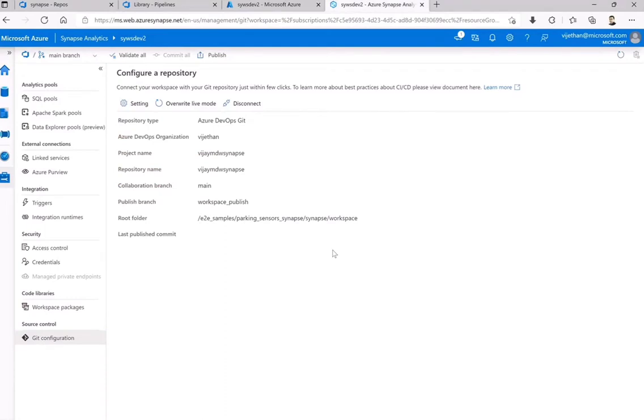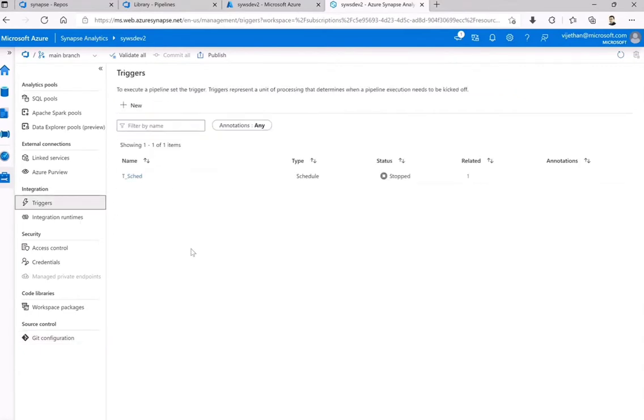But this is not sufficient for me to actually create the ARM template. So what should I do for creating the ARM template? Now, for creating an ARM template, I have to make some changes in the workspace so that it knows the changes are done, and now I want to create an artifact or ARM template out of this. Okay, so let me do a small change. Let me start this trigger for this particular dev.